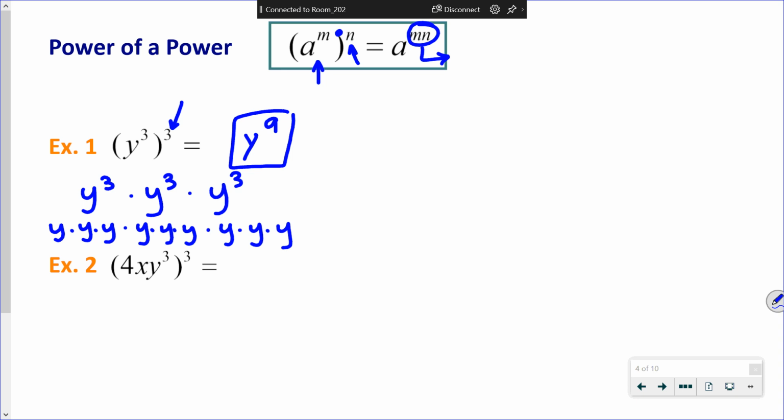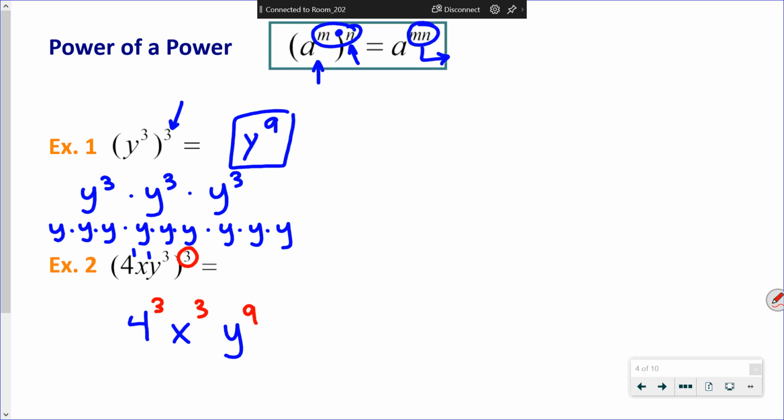It's a little trickier in the second example, where the thing inside the parentheses is more complicated. I'm going to take each of the exponents inside of the parentheses and multiply it by the exponent outside of the parentheses. Remember, that's what this rule says to do. It says to multiply the exponents and leave the base alone. So in this problem, example 2, I'm going to leave the bases alone. I have a 4, I have an x, I have a y. I'm going to take the exponent that was there and multiply it by the exponent that is outside of the parentheses. And so this is going to end up being 4 to the third power, because 1 times 3 is 3. This is going to be x to the third power, and this is going to be y to the